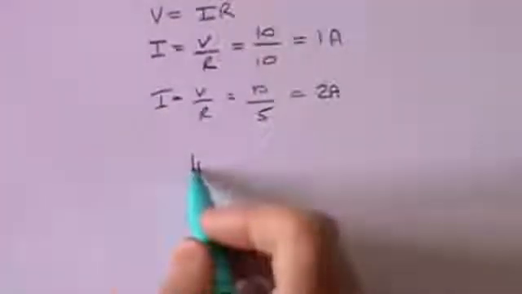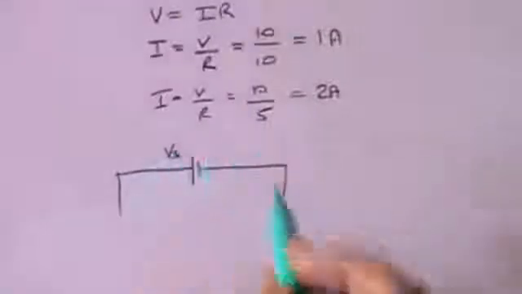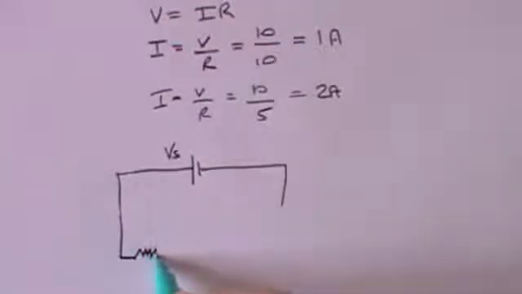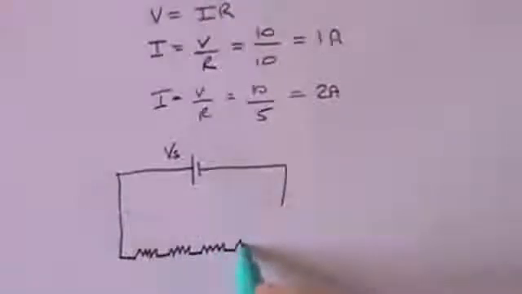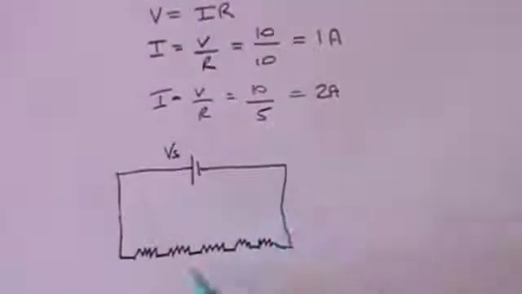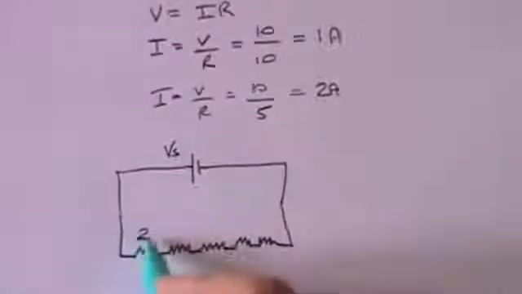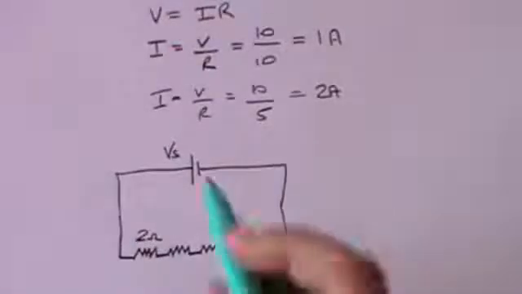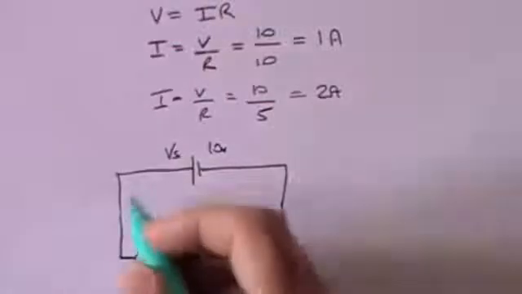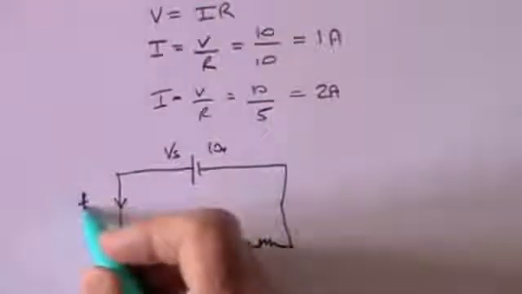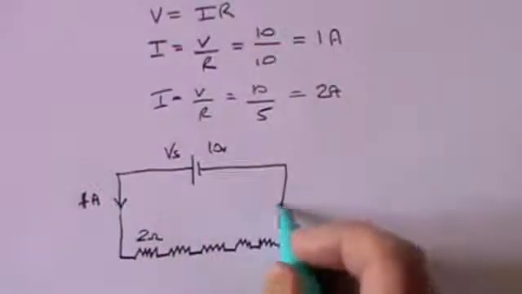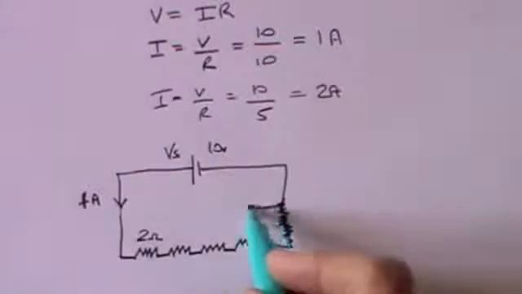In principle, this is equivalent to this sort of setup where we might have a battery here. We're going to say that the voltage from the battery is Vs, the voltage of the source, and let's just have 5 2 ohm resistors in series. So each of these is 2 ohms, so the total resistance is 10 ohms, just as we had before. And if this is a 10 volt battery, once again we're going to have a current of 1 amp flowing in the wire. But if I were to again disconnect this wire here and bring it down instead and put it here,